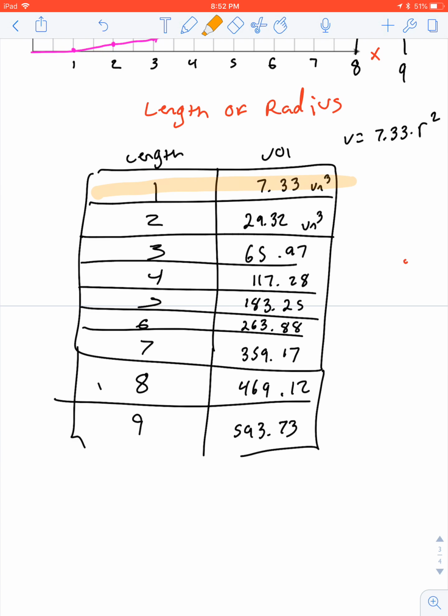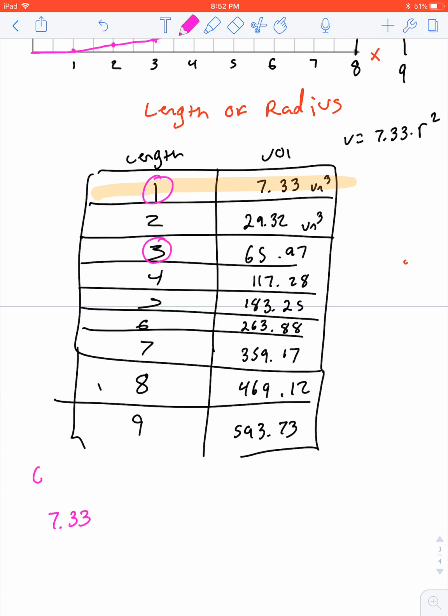Question number 4, what actually happens to the volume if you triple the radius? So we're going to take a look at length 1 right here. Our volume for length 1 is 7.33. Now if I take length 1 and triple it, that gives us 3. Our volume for 3 is